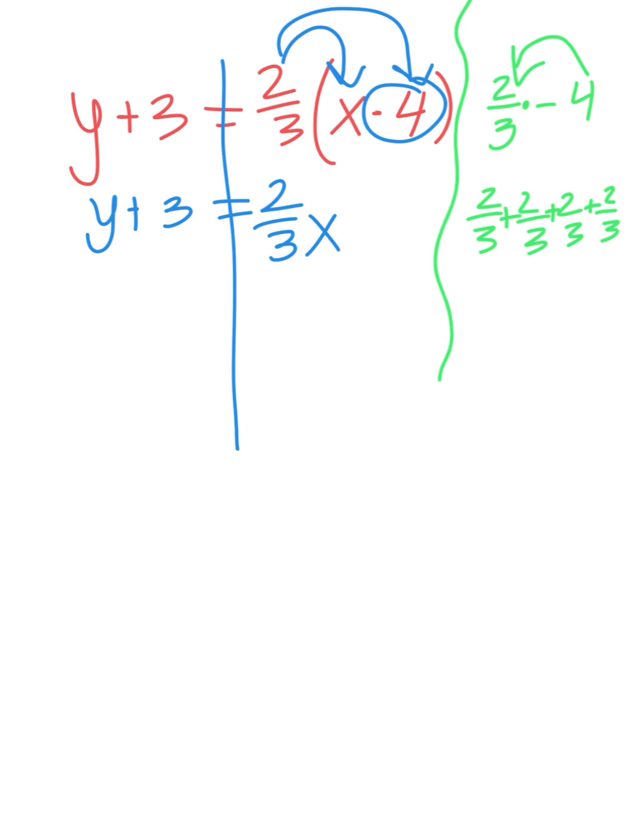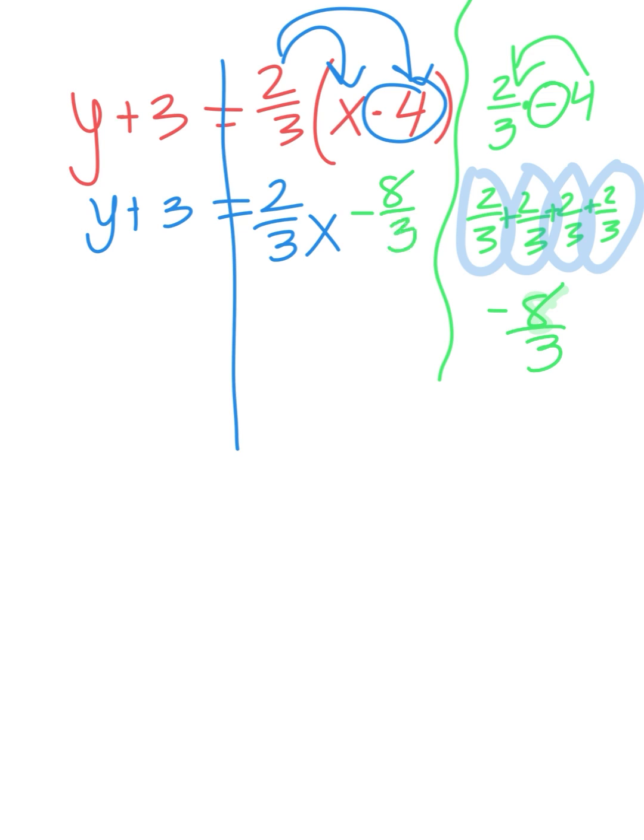Now, how many do I have? I have 2/3 plus 2 more thirds is 4/3. 4/3 plus 2 more thirds is 6/3. And 6/3 plus 2 more thirds is 8/3. And it was a negative. So we have -8/3. 2/3 times -4 is